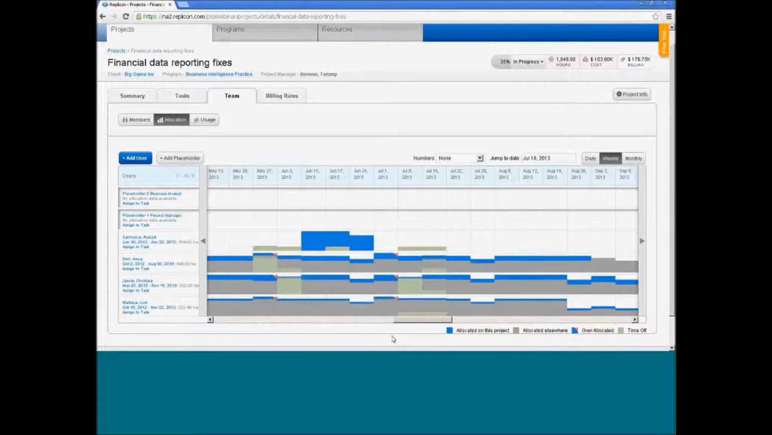Any of the white space in the graphical representation below indicates availability. The gray indicates that user's allocation to other projects. The green is their time off, and the blue is specifically how much time I expect them to work on this project. Now, to add an allocation for a user, let's add one for this placeholder for a project manager